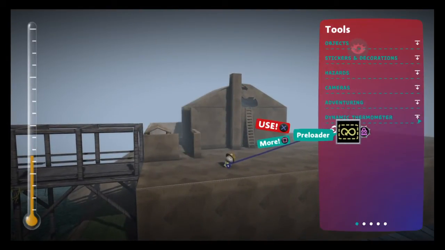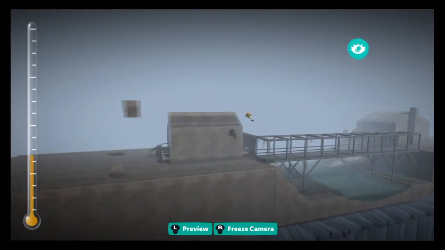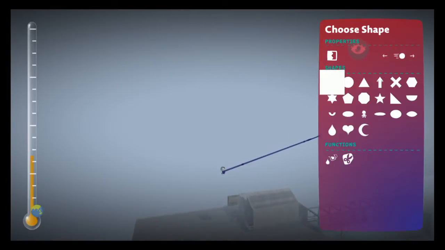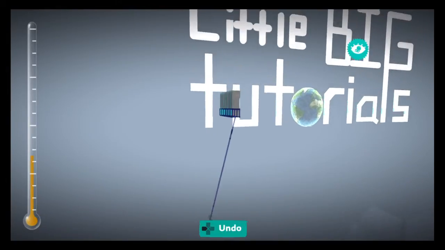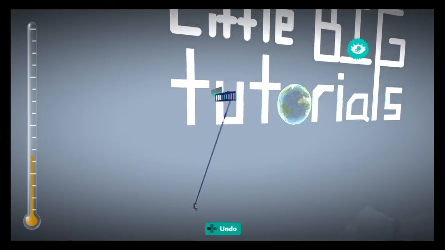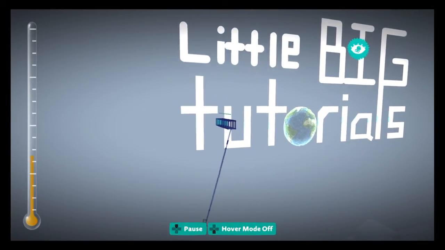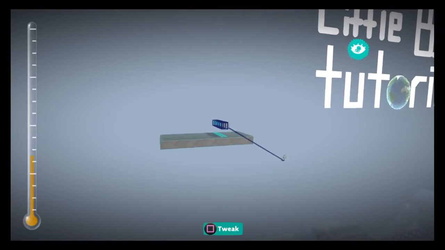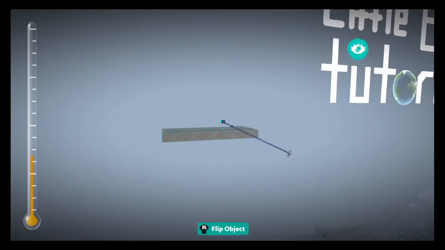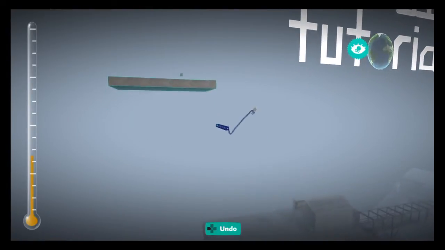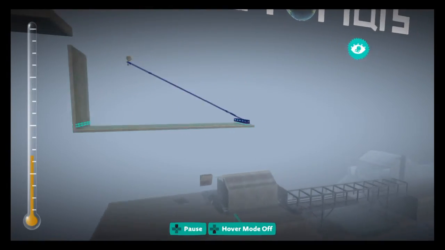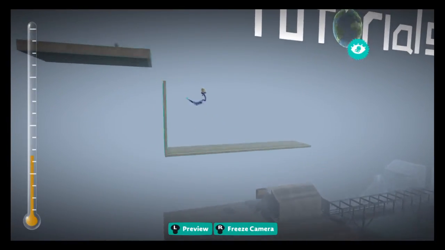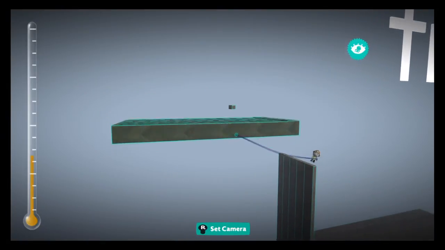Next we have the preloader, and basically all this means is, say you're actually in a higher area. Oops, let's go and move this down over here. There we go. So say your player is already in an area of the map that's like this, and you want an entire section down here to load in. Well, if you put a preloader on this entire section right here, all it means is that as soon as you get into this area